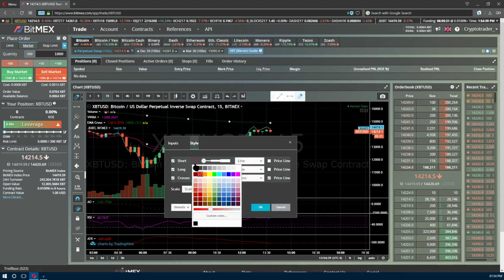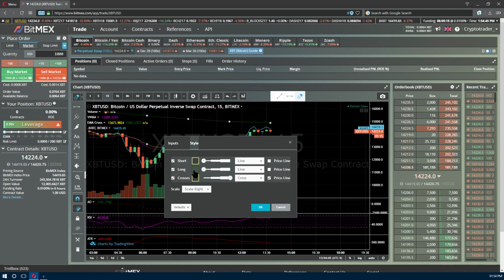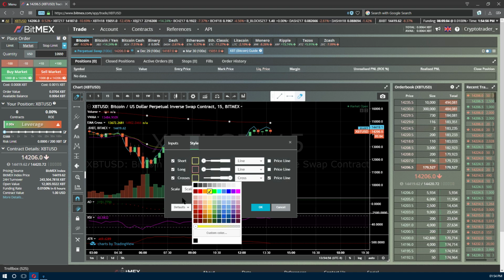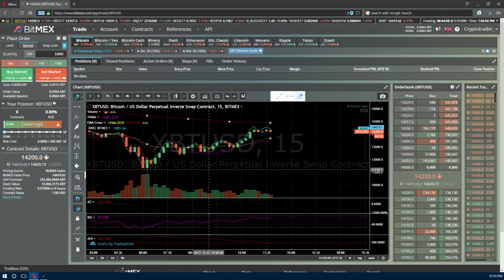Short is going to be yellow. Long is going to be red. And then the cross is going to be yellow, big, on. All right, that's working. Let's go in there again and try to